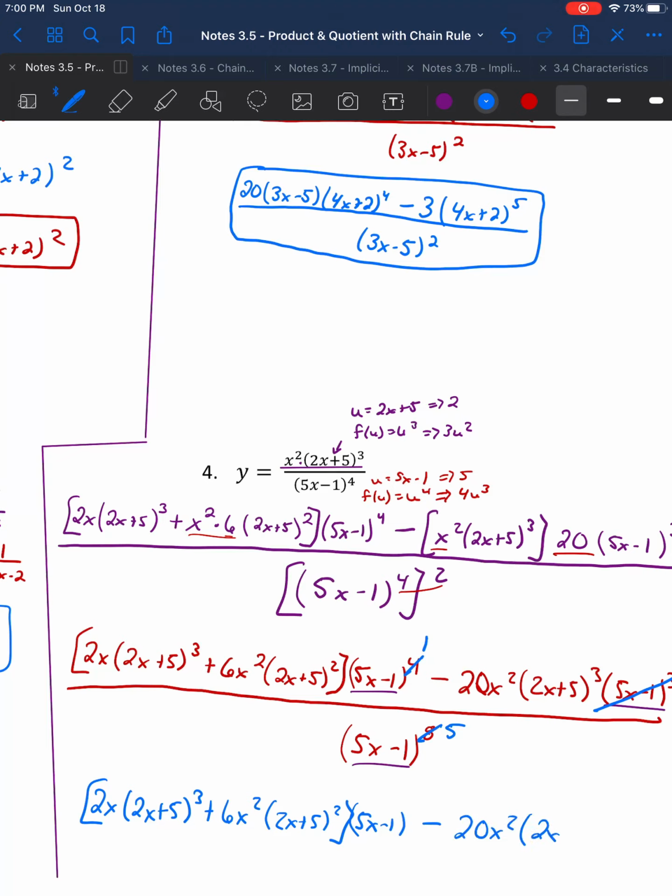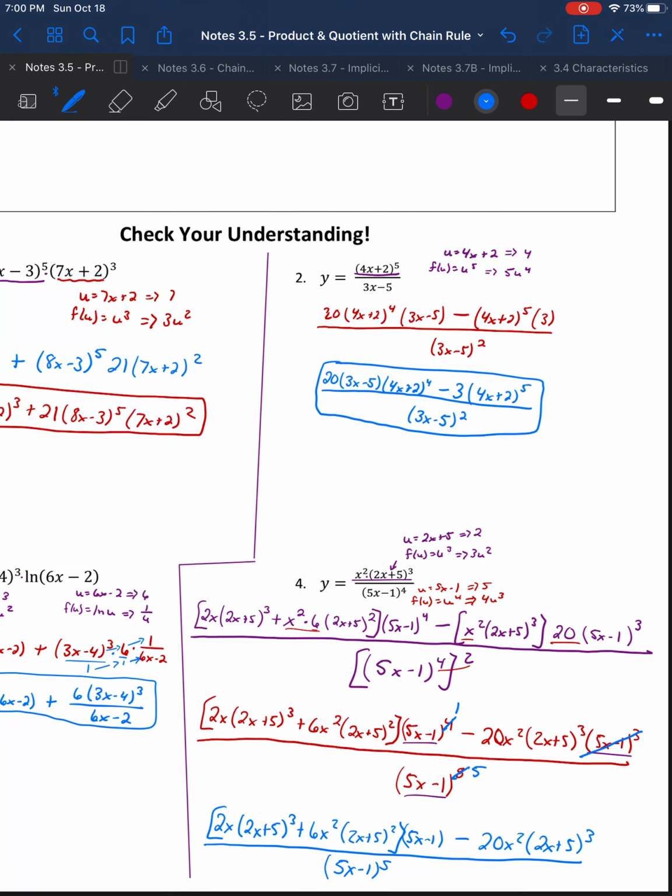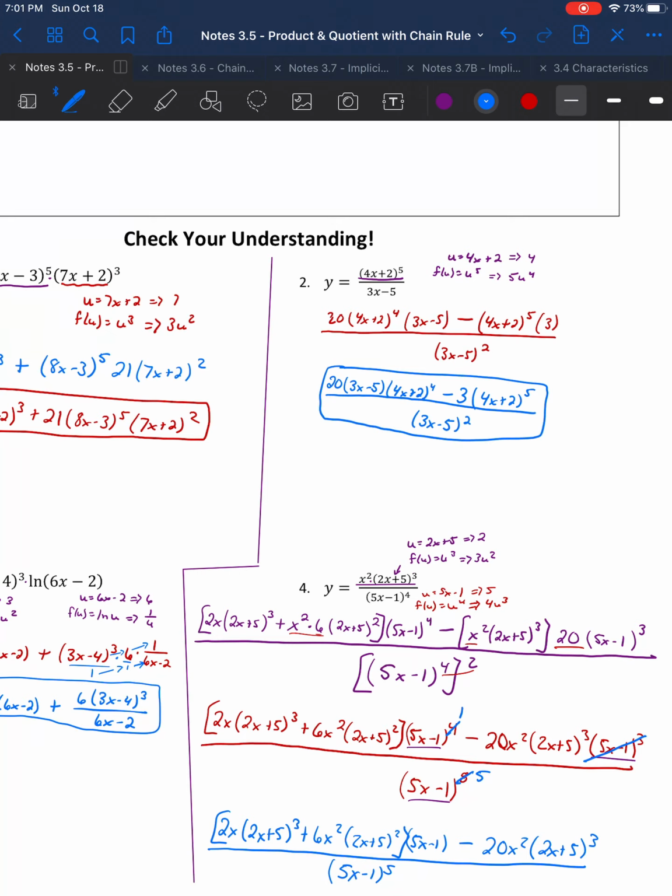So now I have 2x times 2x plus 5 cubed plus 6x squared, 2x plus 5 squared, all of that times 5x minus 1 minus 20x squared, 2x plus 5 cubed, all over, and I know I'm kind of squeezing this at the bottom of the screen, I apologize, that to the 5th power. Okay? Chain rule with product rule. I'm sorry, guys. The biggest thing with